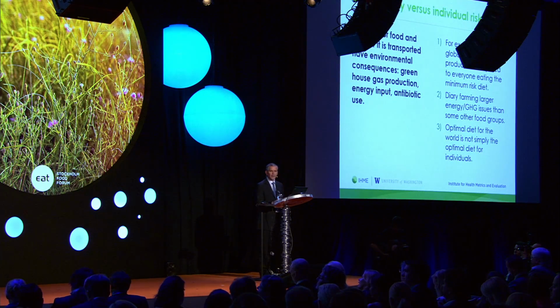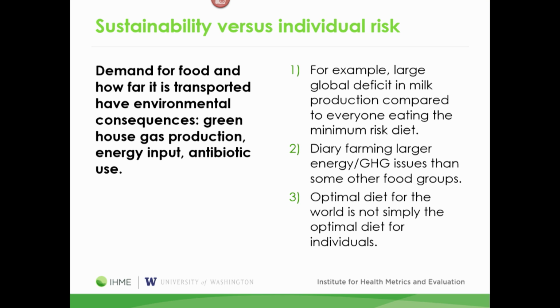And I'll give you the example of where we try, and this is where I think there's a lot of need for further work and further evidence, but where we try to trace what is the greenhouse gas, energy intake, antibiotic use consequences as examples of the different types of food groups, we will find that some things are more or less environmentally sustainable. Good example is the dairy issue, where evidence suggests that milk consumption is good for you, but we would have to double dairy production globally if everybody were to consume that minimum risk diet, and that would clearly have consequences